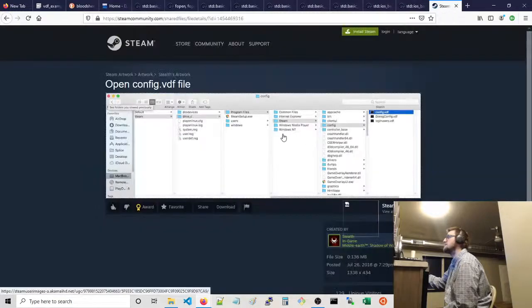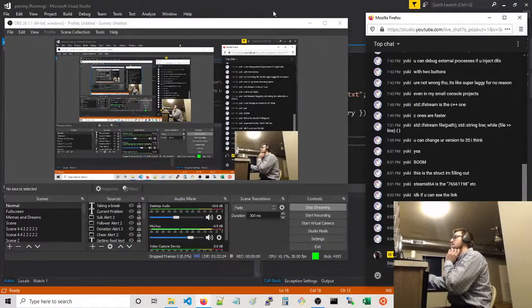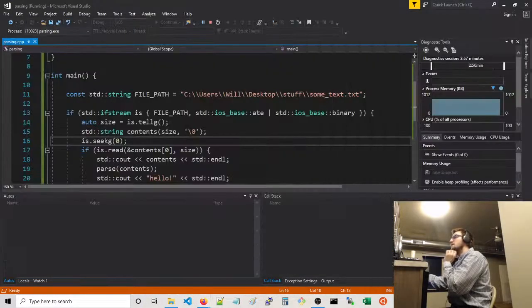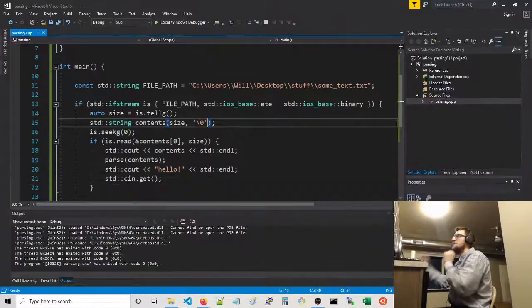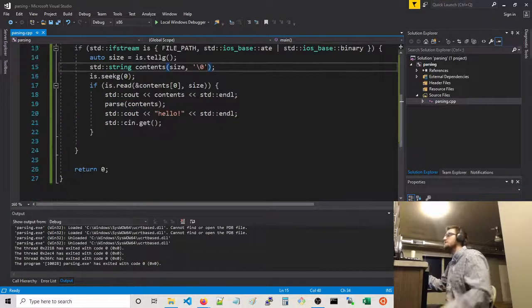Oh, it's Steam's config file. So that's a custom, basically a proprietary format, but I guess it might be proprietary, I don't know. But what I wanted to say is, it looks like it's Steam's file format. Yeah. So okay, what you can do